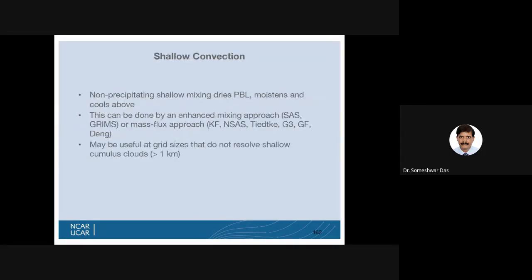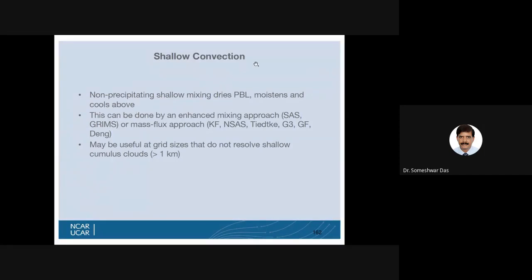Then you can also have shallow convection separately. As mentioned earlier, some of the previous schemes have shallow convection included in them, but you can have it separately also. The non-precipitating shallow mixing, dry PBL, moistens and cools above.